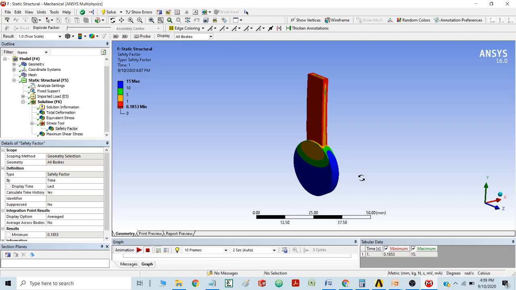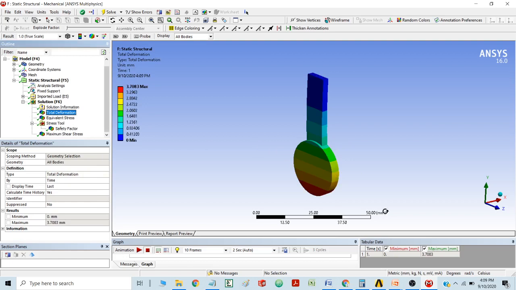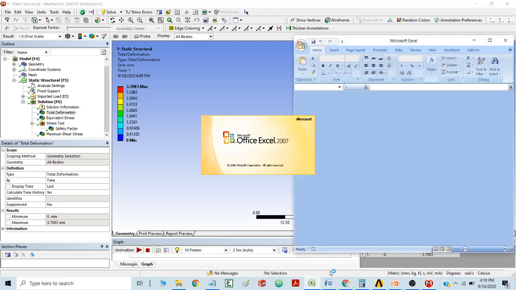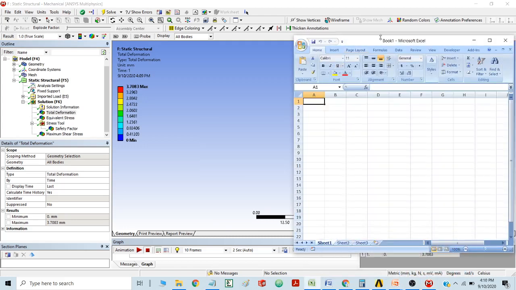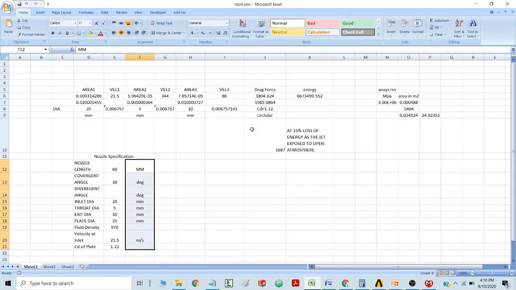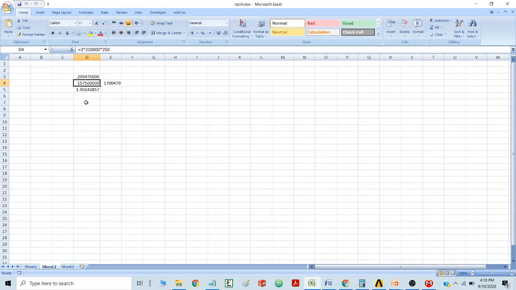So the conclusion is that the total deformation is 3.7 mm. While doing the calculations using conventional values, the deformation I get is approximately 1.90 mm.